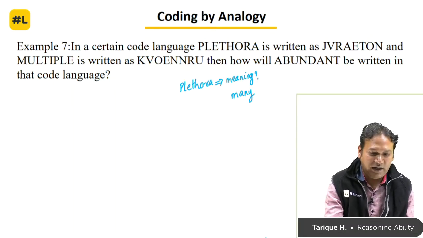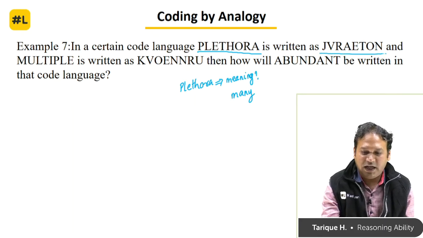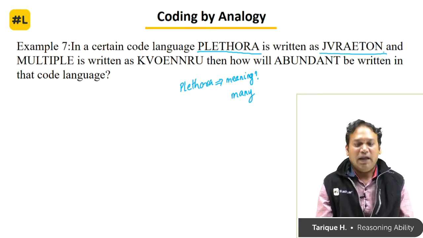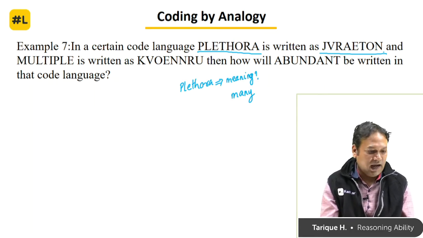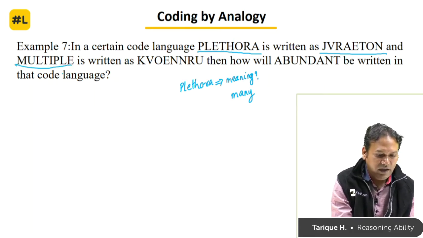Now we will look at the word here. Plethora is written as JVRAETON, and multiple is written as